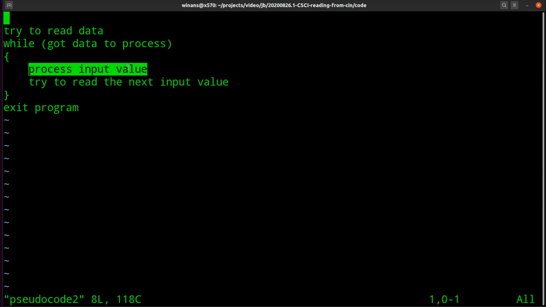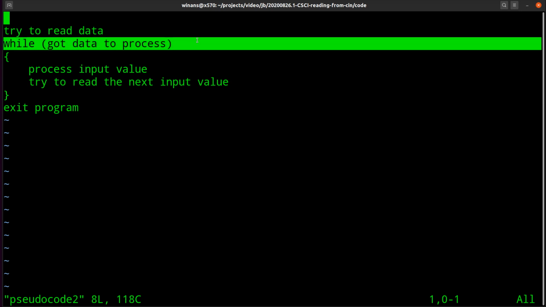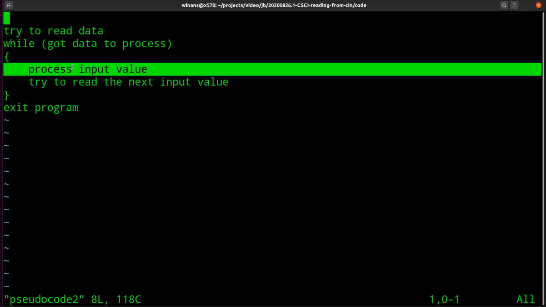So the only time we process an input value is if and only if we have data to process. And we can ask the question as to whether or not we have data to process by using that good flag.